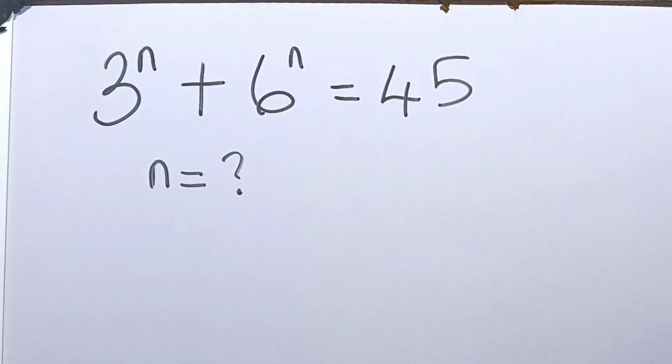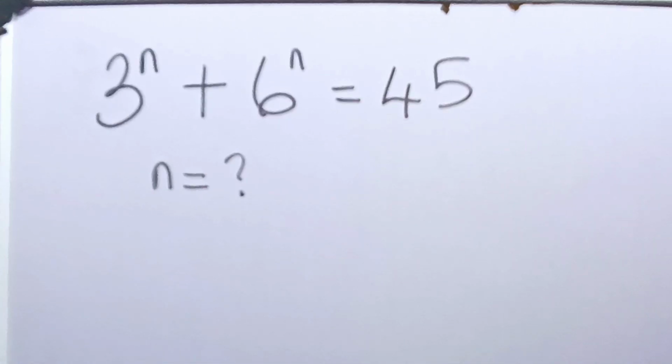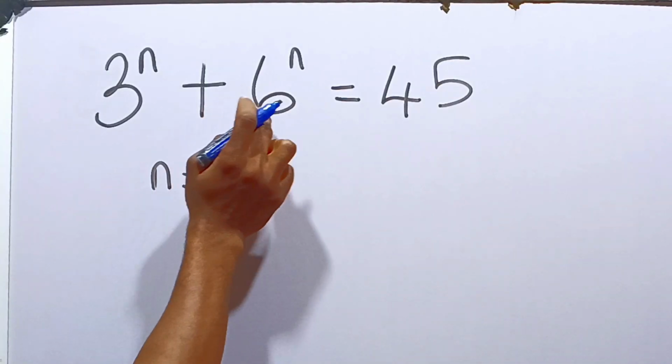Let's solve this question together. It says 3 raised to the power n plus 6 raised to the power n is equal to 45. We are required to solve for n in this question. Now, first thing we can do here is to say that we can express 6 raised to the power